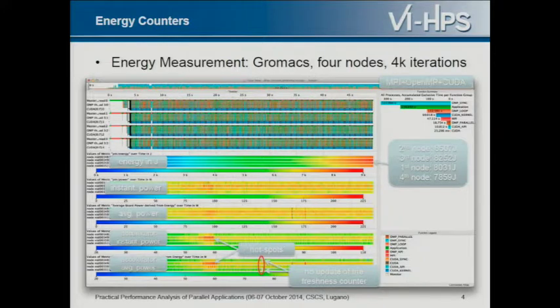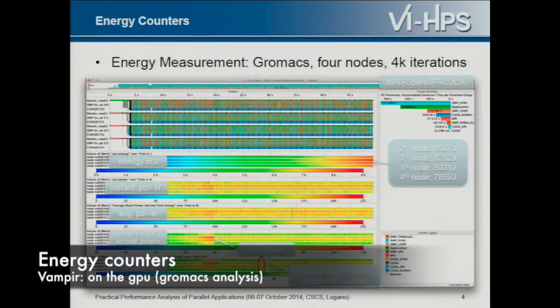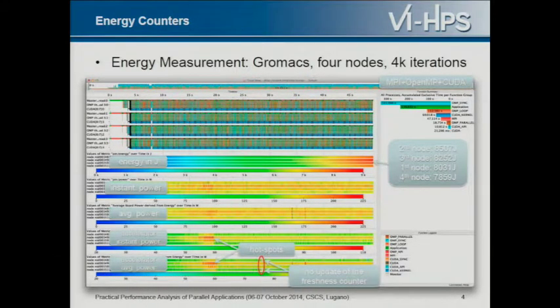Here is the node power usage, and we have the accelerator power usage down here, and we have both the instant and average values. If you look at this, you can see that, for example, for the accelerator, it's not the same everywhere, and it's increasing from green to yellowish here, and there are also a couple of hotspots, and it might be interesting to find out why that is.